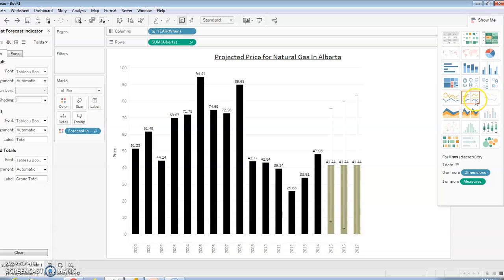We can choose different types of graphs, as I said. Likewise, we can make visualizations of our data in these Power BI and Tableau tools. Both are very convenient tools.